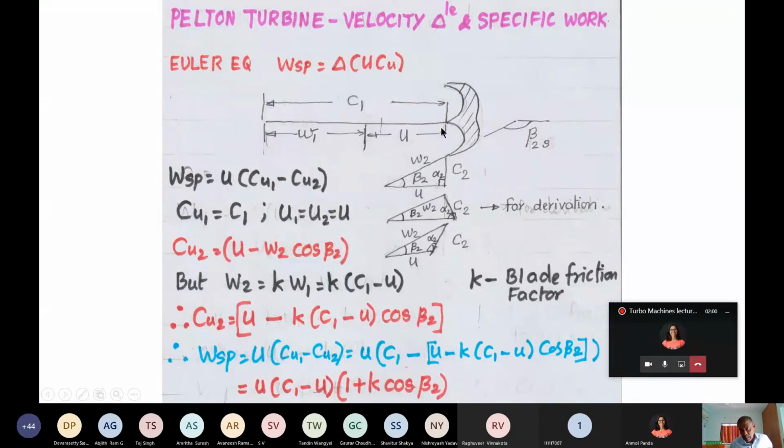So the jet will come with a velocity c1, then it goes out, and you have the inlet velocity triangle where W1 is the relative velocity plus the blade velocity u, that must be equal to the jet velocity c1, and the relative velocity gets deflected by a large degree. See, this beta 2 is indicated, that may have a value like 165 degrees, so that the so-called beta 2 here